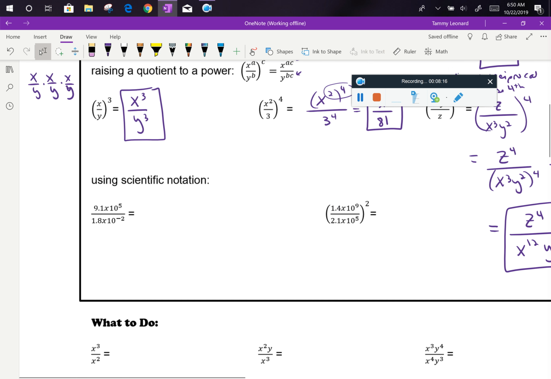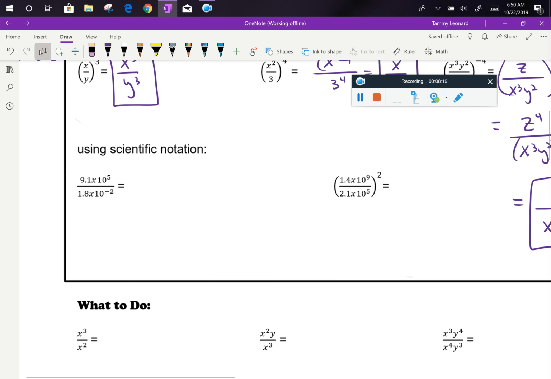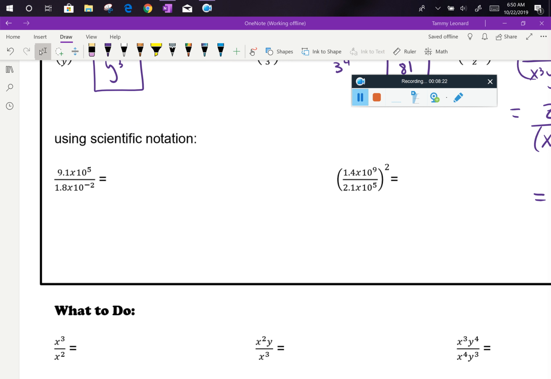All right, to finish off this section of notes, we have 2 problems with scientific notation, so you'll want your calculator. When we have a division problem, just like with a multiplication problem, we can divide the numbers and then divide the powers of 10, because the powers of 10 behave basically like x to the 5th and x to the negative 2nd in the way that they interact. So taking your calculator and doing 9.1 divided by 1.8, you're going to get a long decimal, so we're going to have to approximate. If we approximate, say, to the nearest thousandth, we have